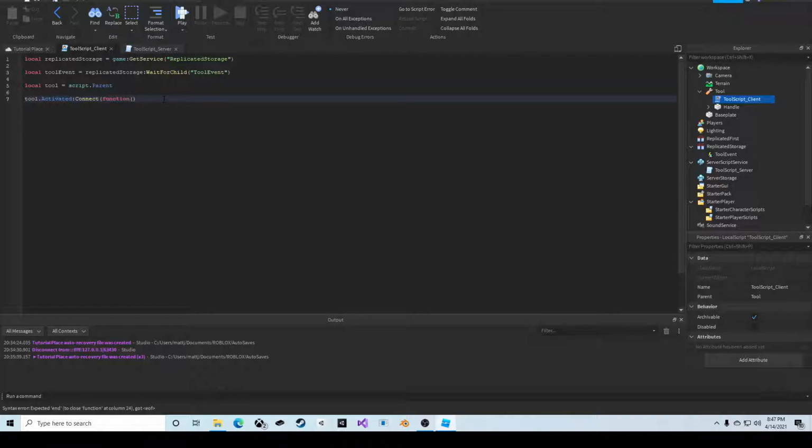Whenever you want to use one of these methods, like, say you're using the event tool.activated, what activated will do is every time you make a left click with the tool out, it'll trigger activated, similar to how if you were to use .touch on a part, it'll trigger every time you touch a part, or every time you click a button on a screen GUI. There's an event for that. But yeah, then we write connect and function, and then what we can do here is we do tool event